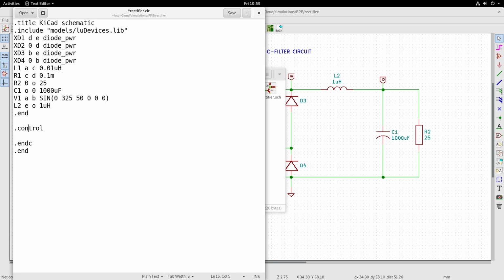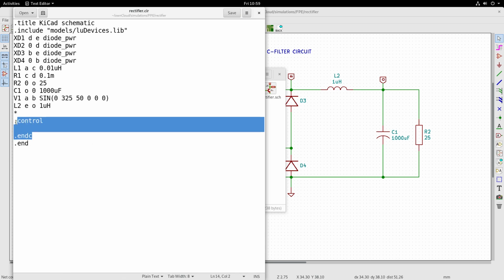We can introduce this, which we can copy later and place it as a text item on the main circuit, so that you will get the entire simulation schematic here. So what do you want to place within the control and endc?